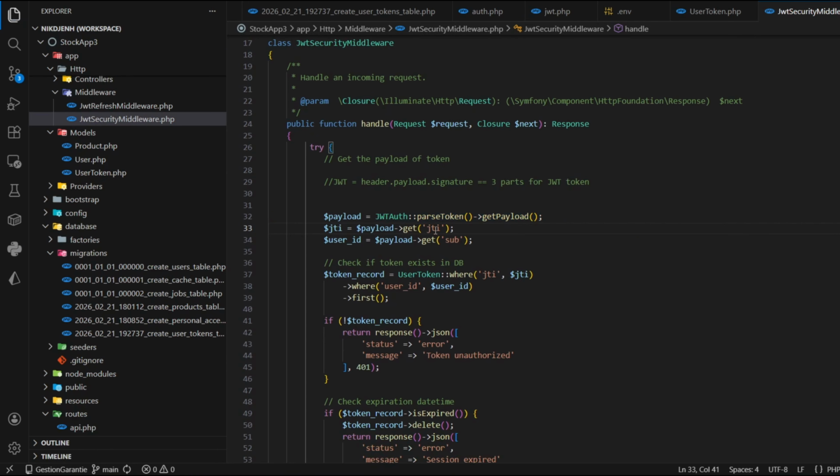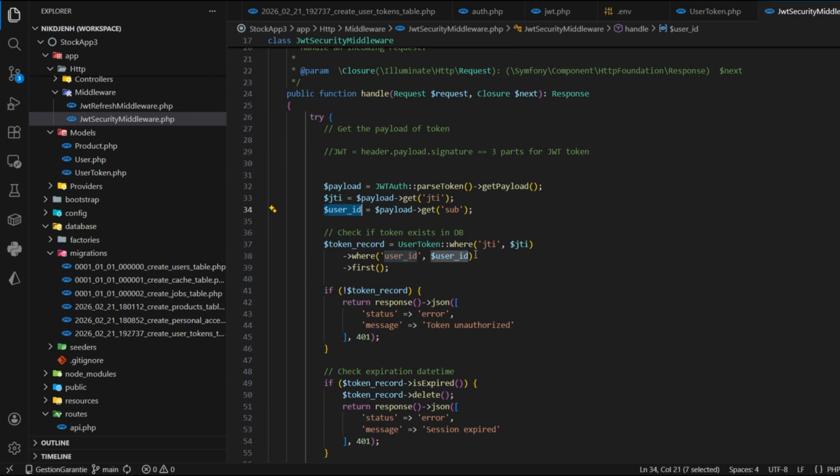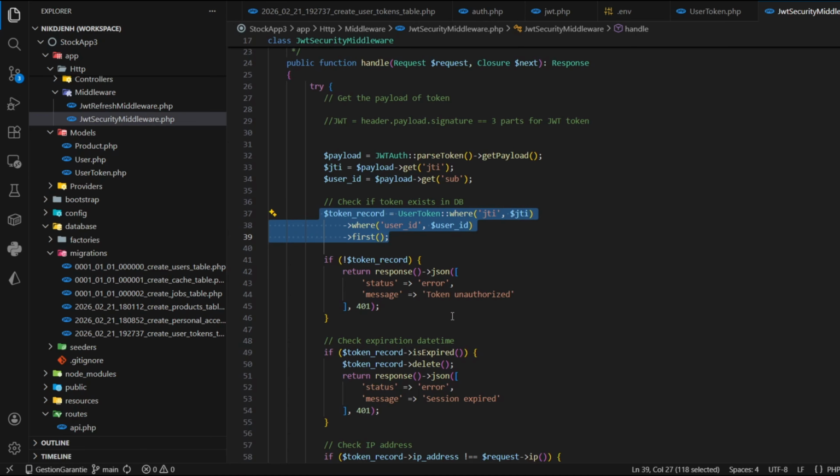In the payload, we get the JWT token unique ID. And we can also get the user ID using payload get sub. Okay. After that, we get the records from our database by checking the user token. So this line: when we get the token record, we check if it exists. If not, we return